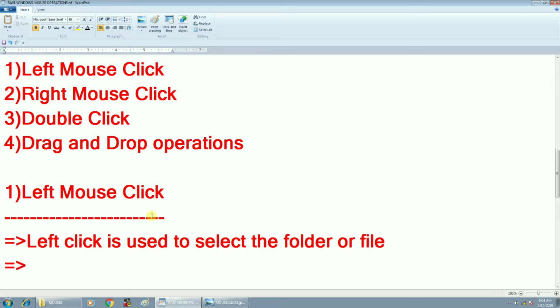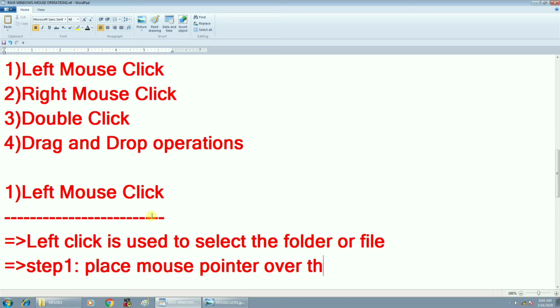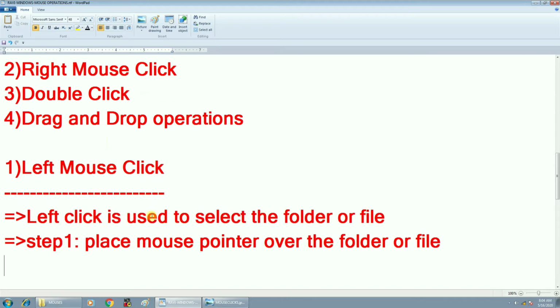To select it practically, step 1, first place the mouse pointer over the folder or file which you want to open.